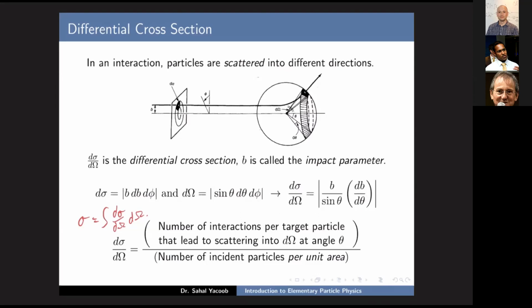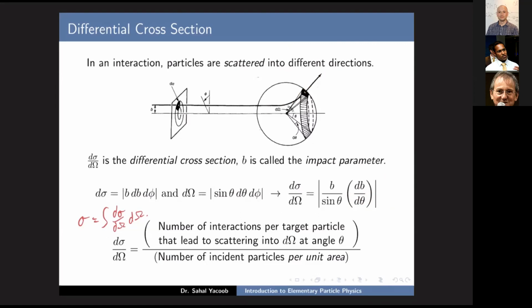But when we look at the differential cross section, which I have written out here, this will in general have some dependence on the angle theta, and then we can move our detector around and measure the differential cross section